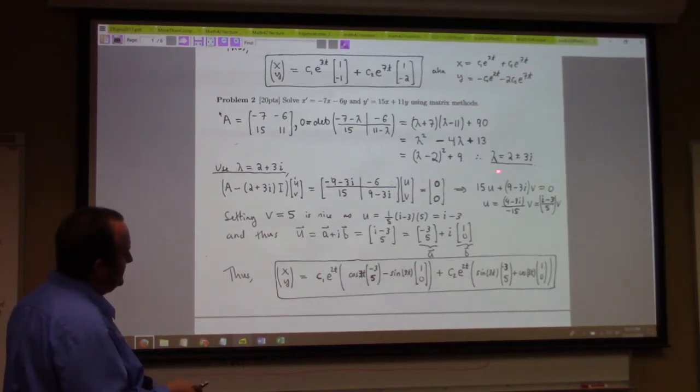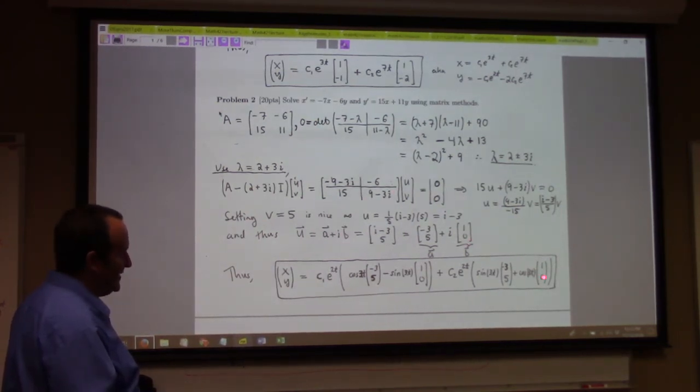Okay, so this one works out to be complex. So we find one complex eigenvector. And from that, we find the real and the imaginary part and construct the solution by the standard technique. This is the real part. That's the imaginary part of the